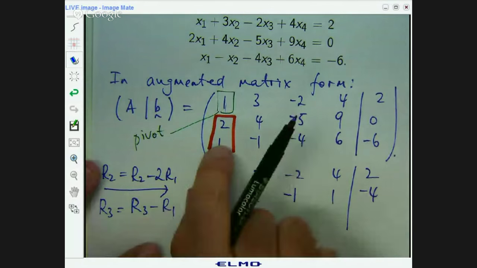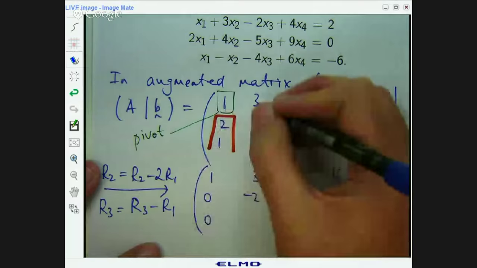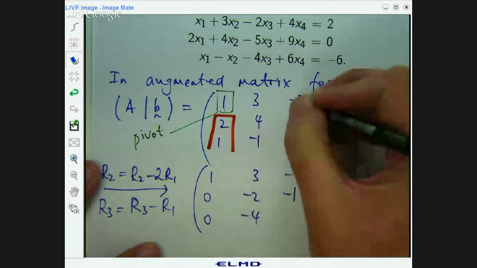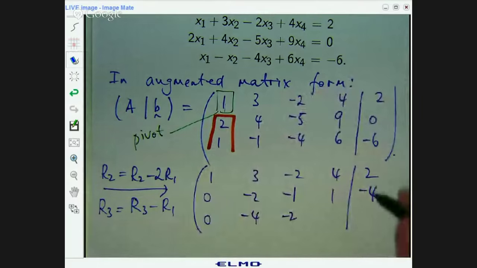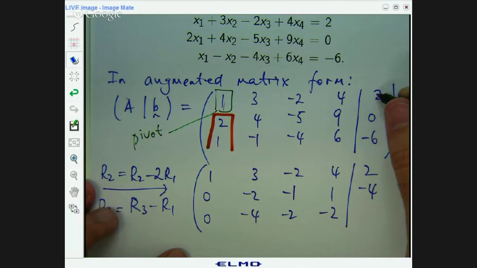Okay, move on to the next one. 1 minus 1, -1 minus 3, -4 minus 2 times -2. 6 minus 8. It's -2. And -6 minus 4 is